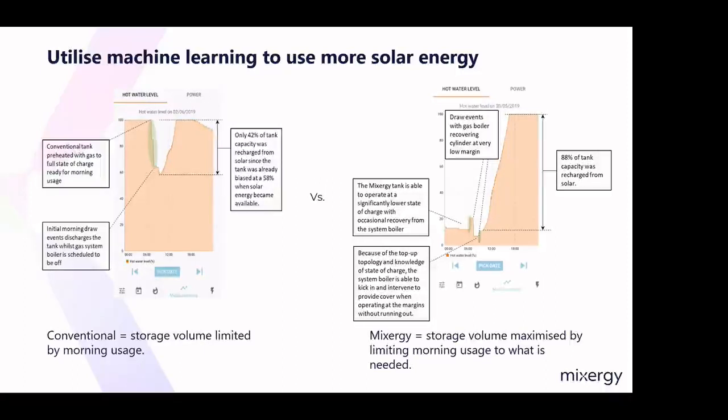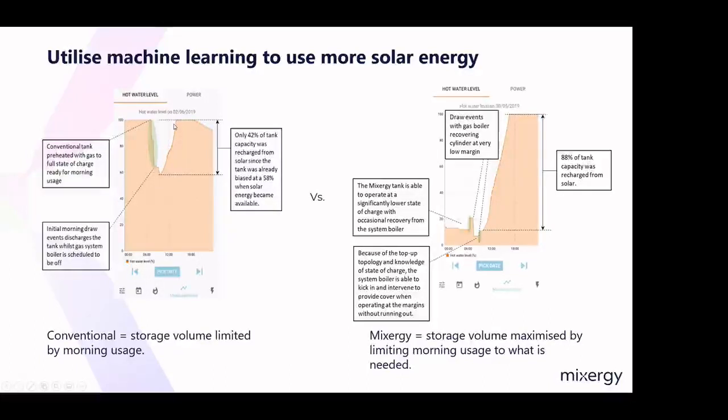So now we can touch on the Appendix Q side of the benefits of the Mixergy cylinder with solar energy. A regular cylinder, which is demonstrated on the left, has to be heated to full every day, otherwise the home will not have usable hot water for the morning period. If we look at hot water usage at 6 AM, we've actually depleted the tank by 42%, and the rest of that is lost in standing losses. It's a waste of water, and we've only got 42% of the tank that can be topped up locally from